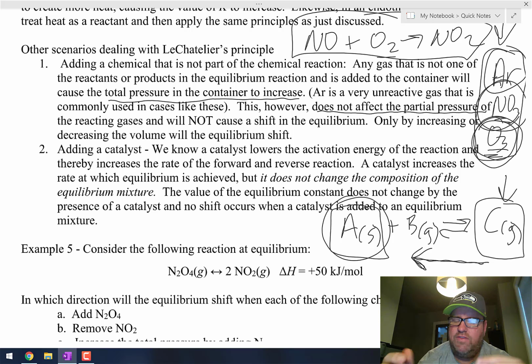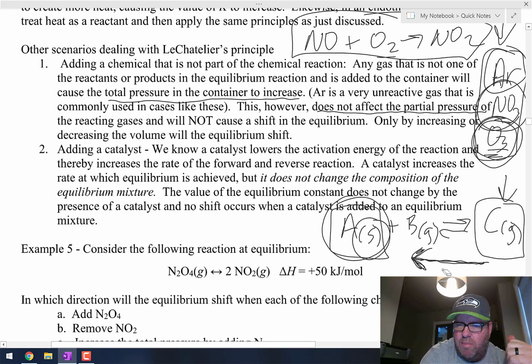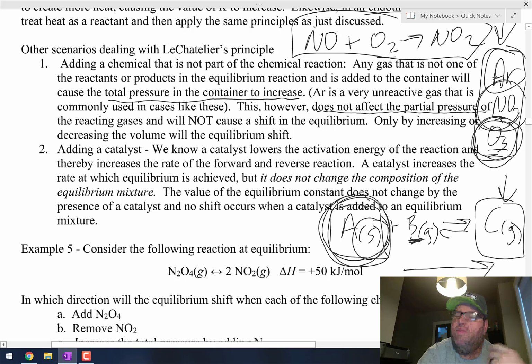So if a shift is going to occur because one of the gases or the aqueous particles changes, and it shifts to the side that has the solid on it, then absolutely the amount of that solid is going to go up. And likewise, let's say you add some B to this equation. What's it going to do? It's going to have to shift to the right. What happens to the amount of the solid? The amount of the solid is going to decrease